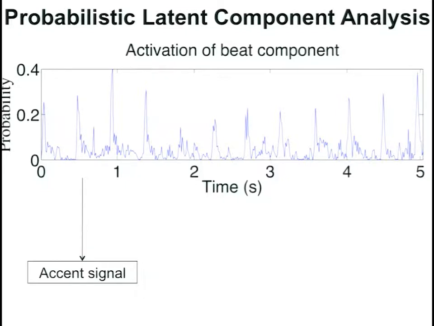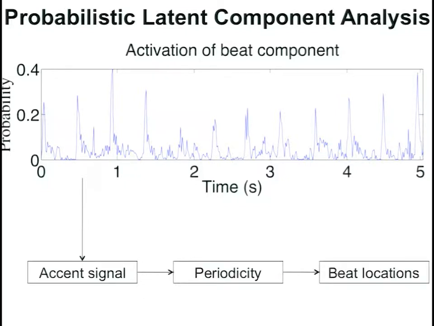The accent signal can then be passed into a periodicity detector to estimate the tempo, such as, say, autocorrelation or correlation with impulse trains spaced at various distances. And then that can be used in order to find the beat locations, thereby enabling the robot to determine where the beats are, again, even if the music they're listening to is contaminated by, say, noise from a noisy robot moving its arms in time with the music.